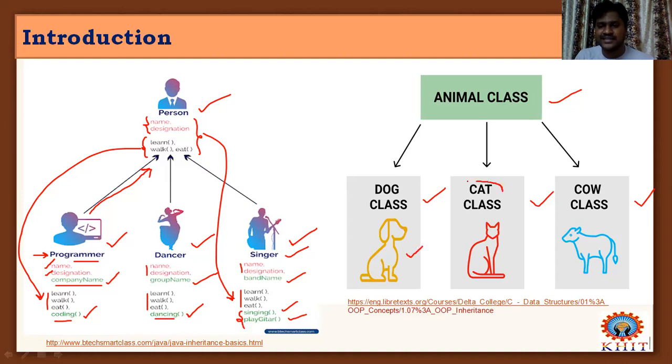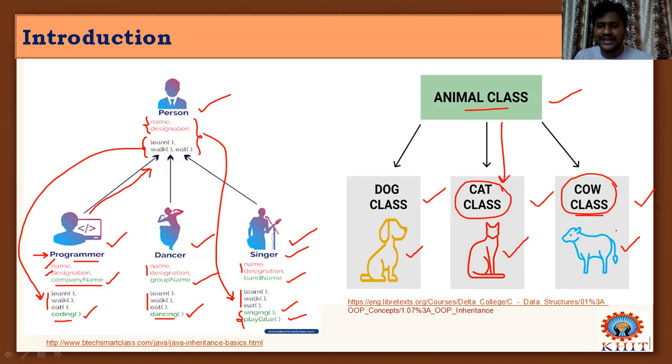And coming to this Cat class, this is also a subclass of this Animal class, and it extends all the animal properties. And we know that a cat is one type of animal, and it has every property of an animal. In addition, it has some properties and behaviors of the cat object, and it implements its own to represent a cat object, right? Then coming to this Cow class, same as Dog and Cat, the Cow class is also a subclass of the Animal class, and it also has its own properties and behavior to represent the cow object in real time.